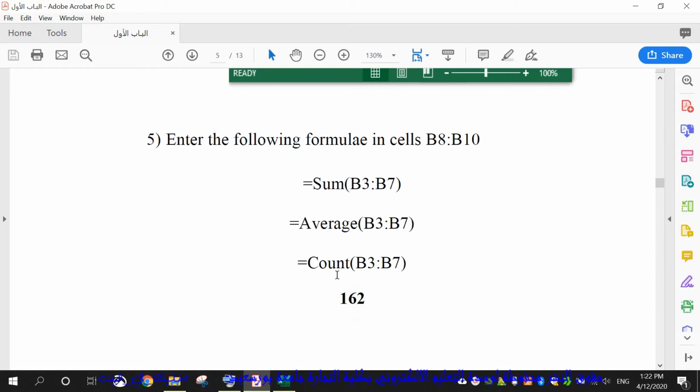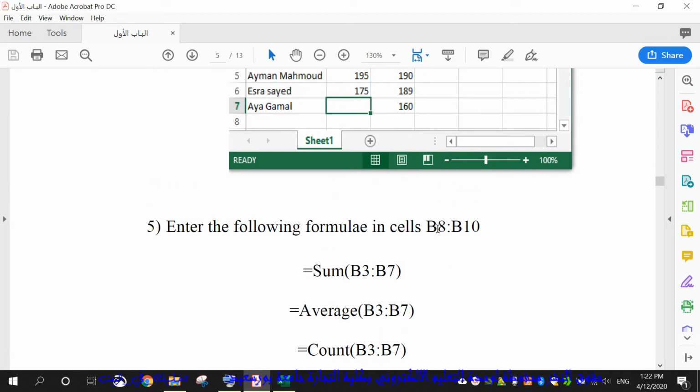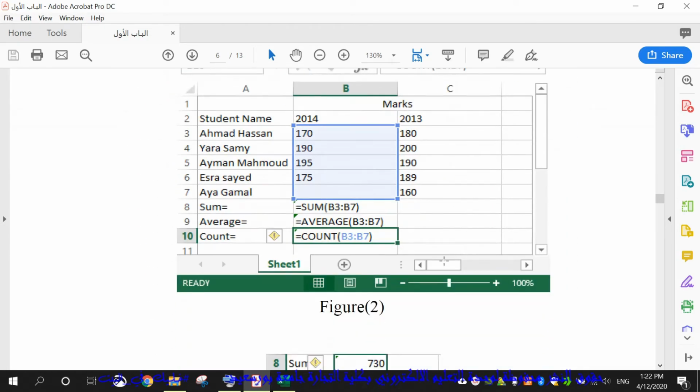For the counting, we have to write the function name starting with an equal sign, then the function name count, followed by the cell range surrounded by round brackets. These three functions must be written in cells range B8 up to B10 as in figure 2. As you see in figure 2. Then